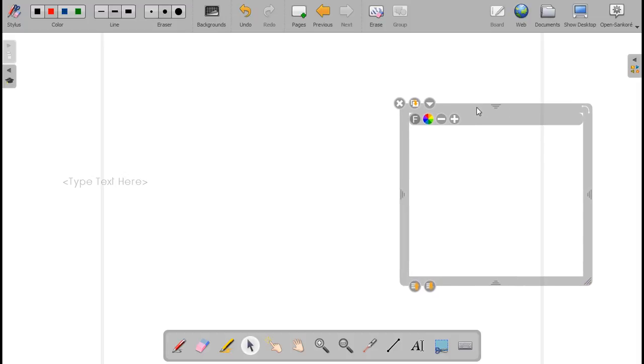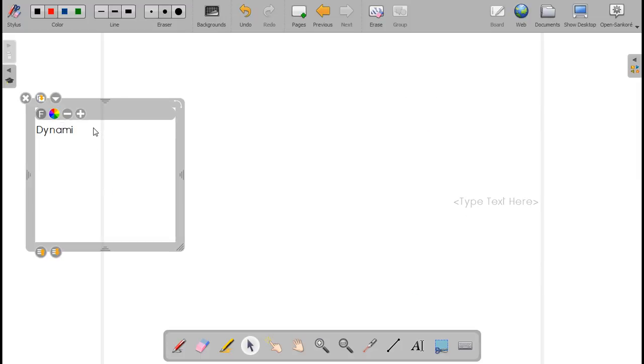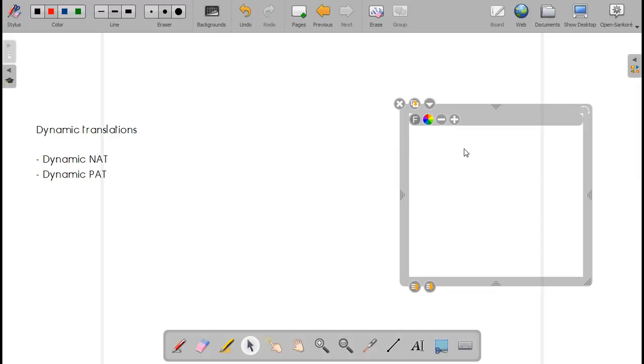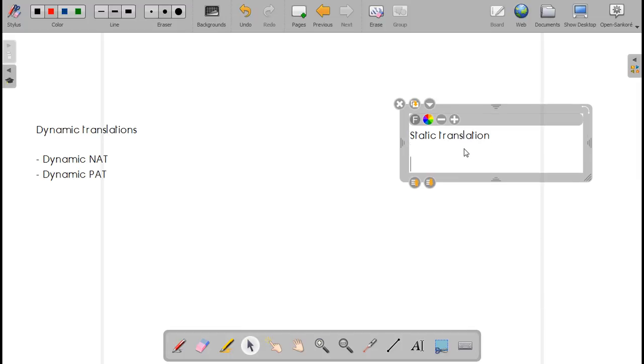Under dynamic translations we'll see dynamic NAT and dynamic PAT. Under static translations we'll see static NAT and static PAT.